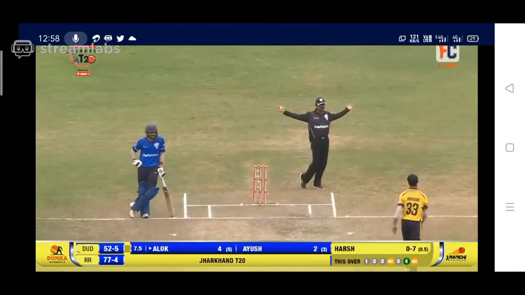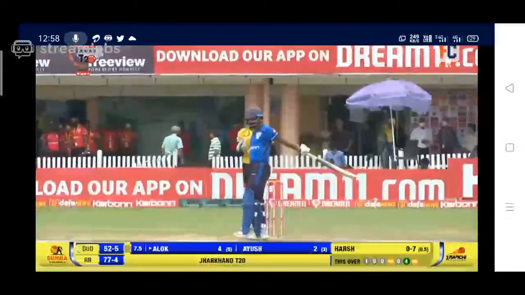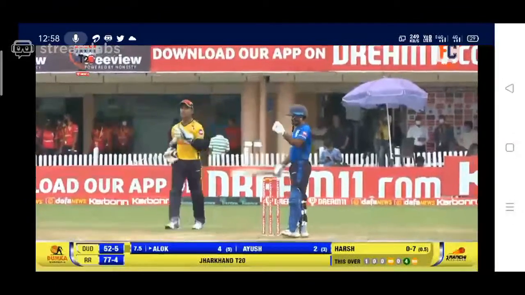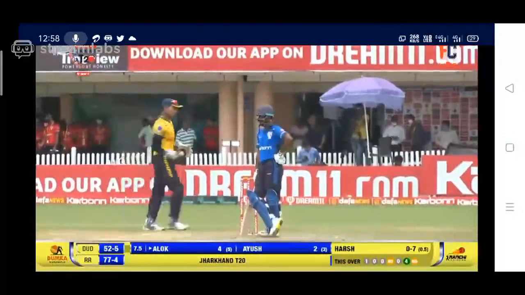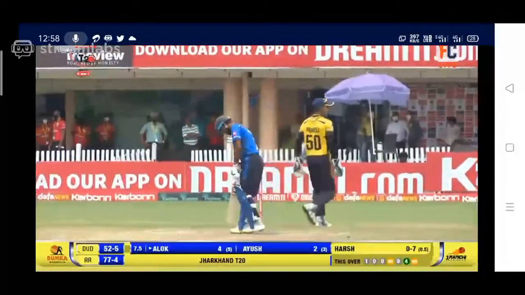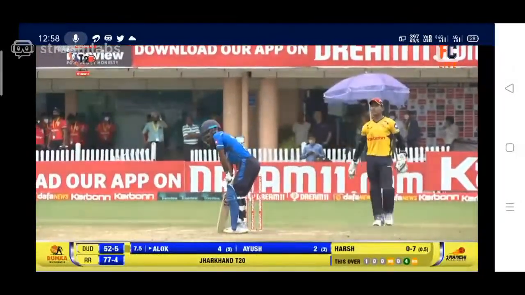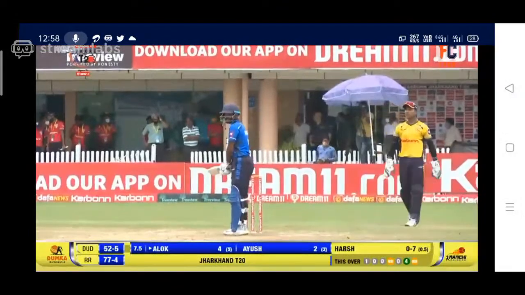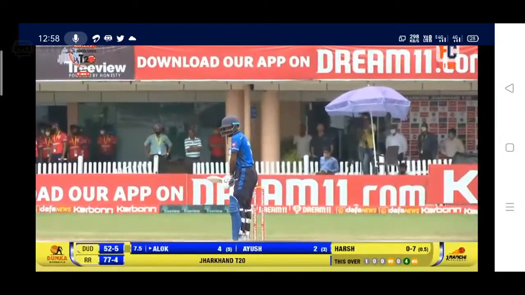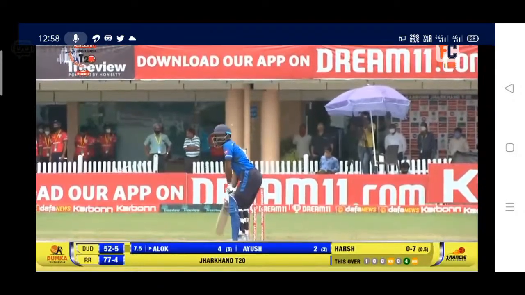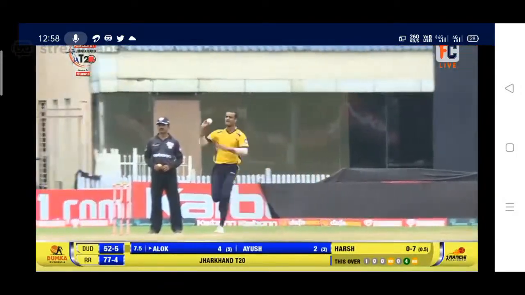That's a wide given. So 1 more ball needs to be bowled by Harsh Rana. Last ball coming up now.